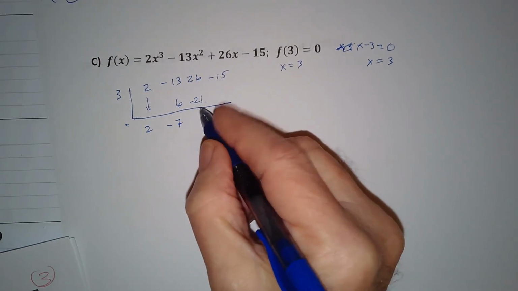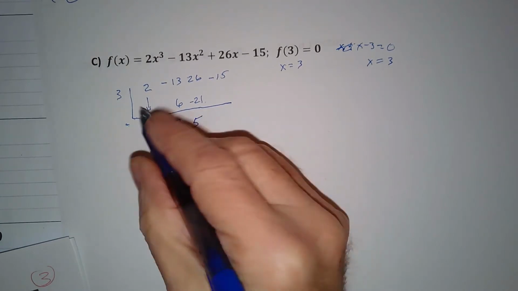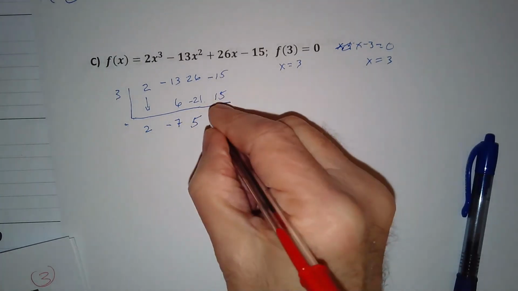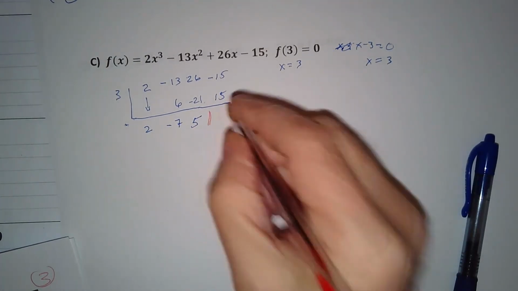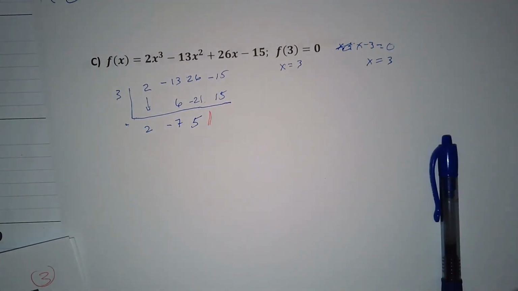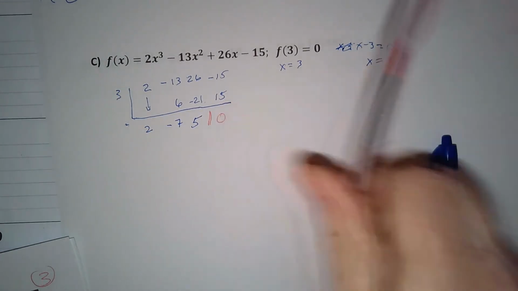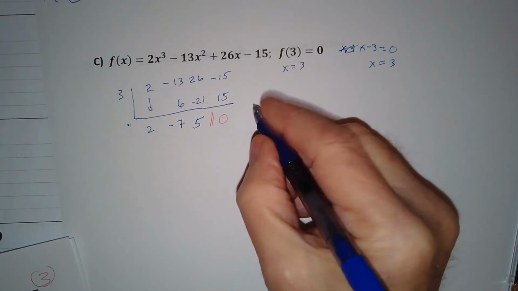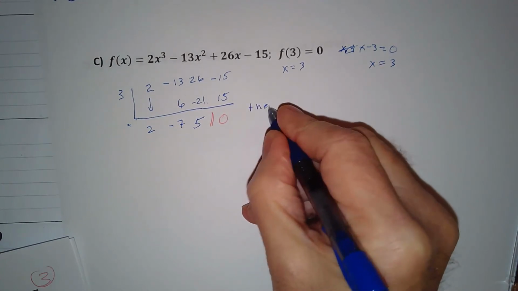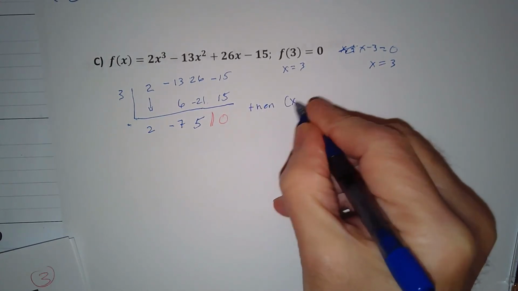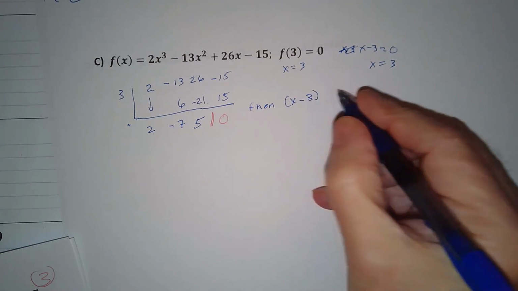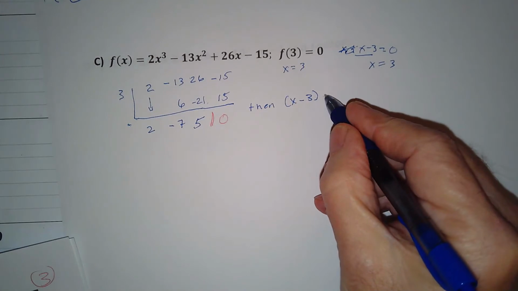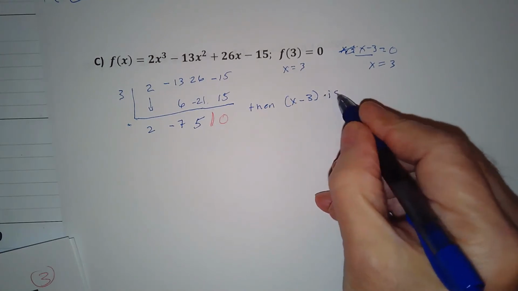26 minus 21 is 5. 5 times 3 is 15. And you see again, we are lucky because our remainder is 0. Okay? So that means then that x minus 3, we saw that over here, x minus 3 is, right,